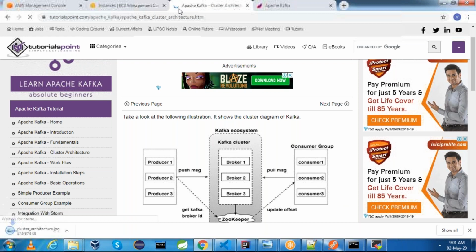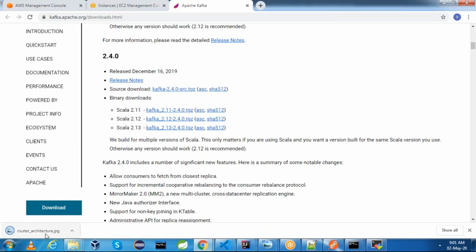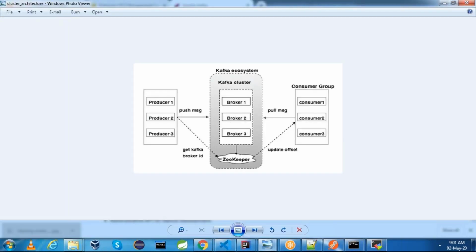This is our Kafka architecture. This is a cluster, but I'm going to install a single node on this machine. In the next video, I will install a Kafka cluster. If you see this, we have broker and we have zookeeper and we have producers and we have consumers.